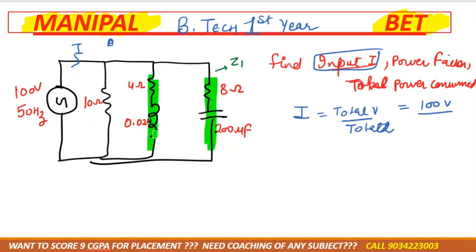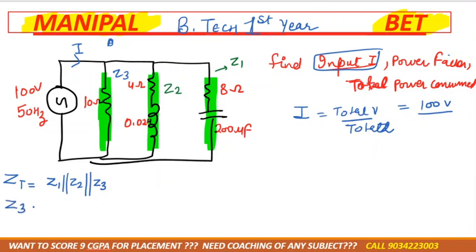And let us consider this one would be Z2, because we have to see it in a combined way. And then this one would be Z3. Okay. So can we say that total impedance is Z1 parallel Z2 parallel Z3? Yes or no? But for that we should know the values also. Z3 is given 10 ohm, Z2 is in the form of R and L, and as I told you, if